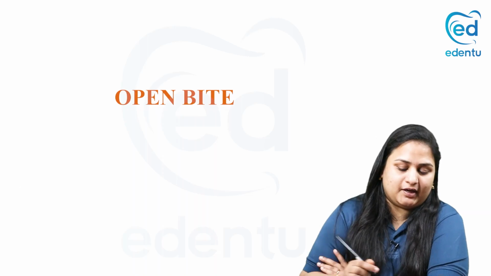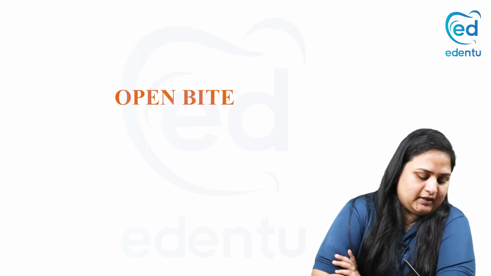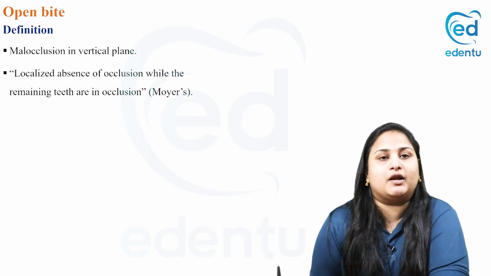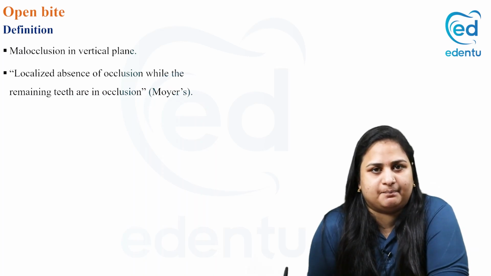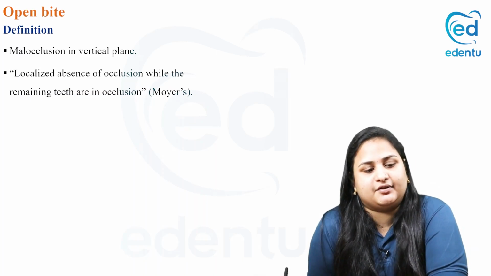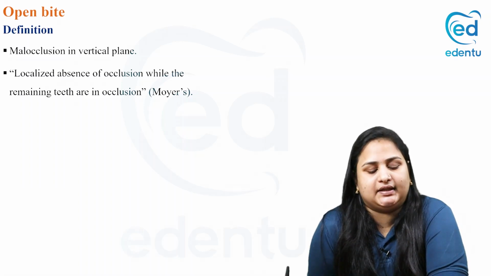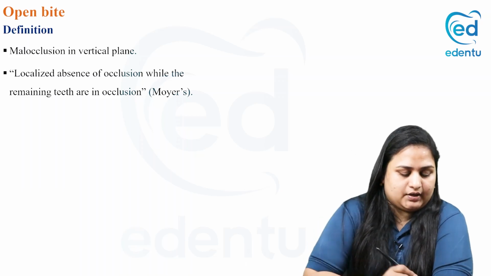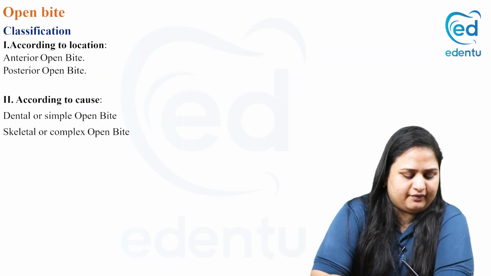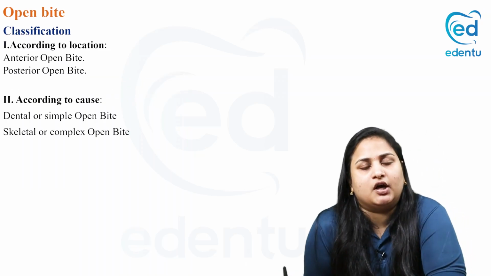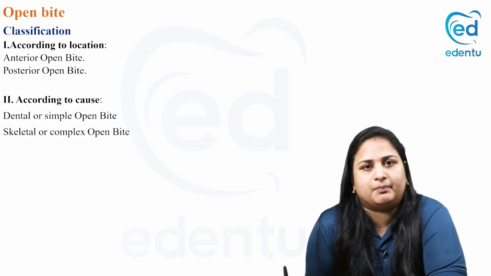So what do you mean by open bite? As per definition, it refers to a malocclusion that occurs in the vertical plane. And Moyers suggests the definition of open bite as localized absence of occlusion while the remaining teeth are still in occlusion. Moving on, we have the classification based on its location as anterior open bite or posterior